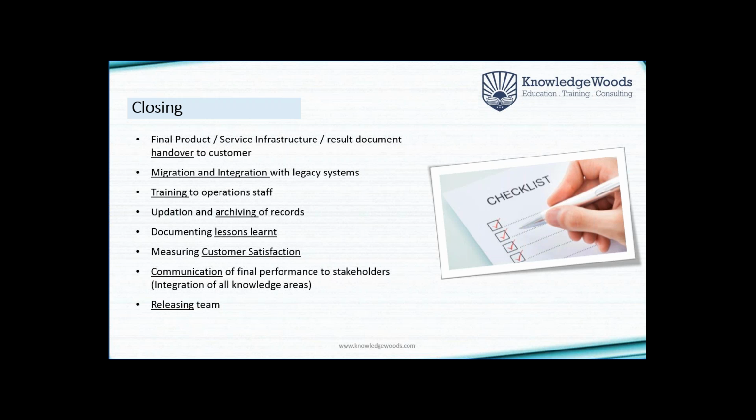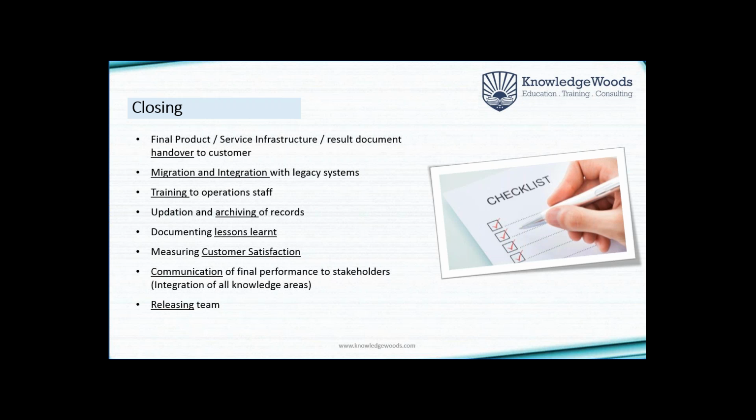Structured closing means handing over, transitioning the product, result, or service infrastructure which you have made to the customer. At the same time, hand holding his teams, training them,